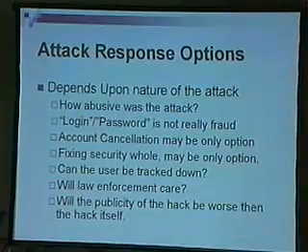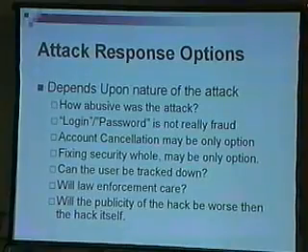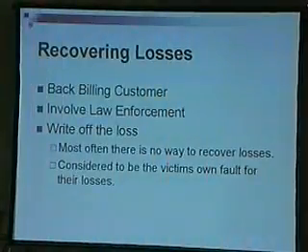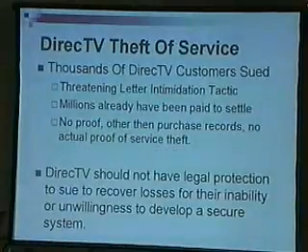Attack response: you can't really do much because the attack isn't always fraudulent, especially if you're using something like login and password as your password. They let you choose it, and there's not much they can do. If they find it, really all they're going to do is ask you to change your login and password or maybe assign you something. Sometimes tracking down the user can be hard because it's easy to fake email addresses, and law enforcement will not necessarily care. They may even think it's funny. Hey, it's your fault that you did this. Let me jump around. Not much you can do for recovering losses. Most likely write it off.